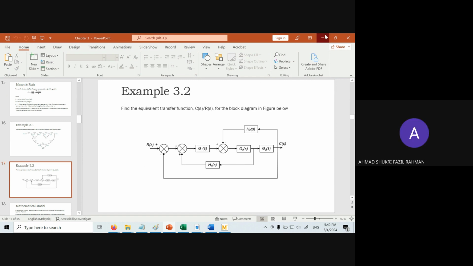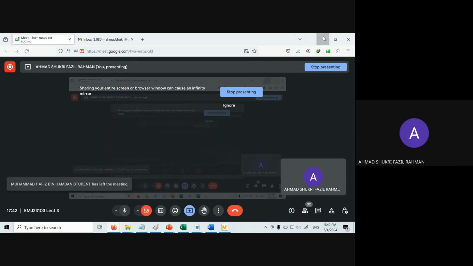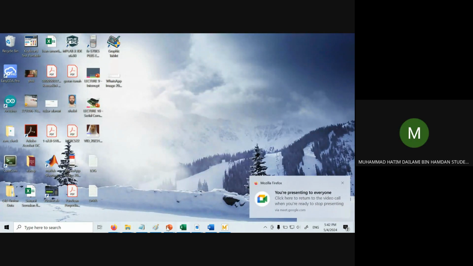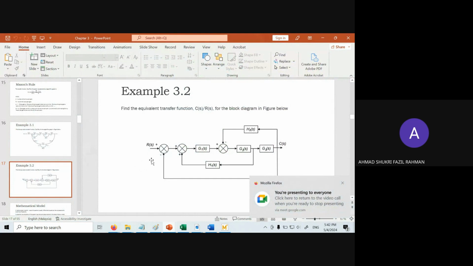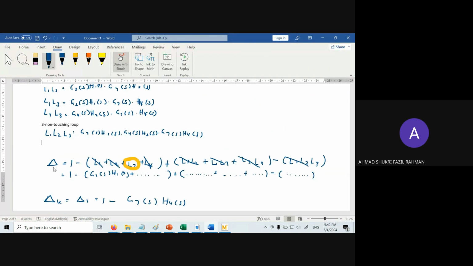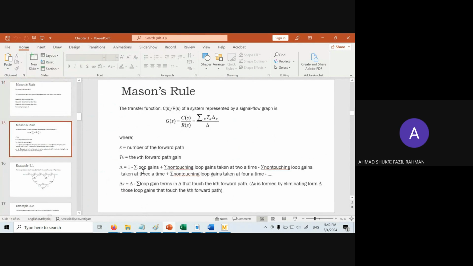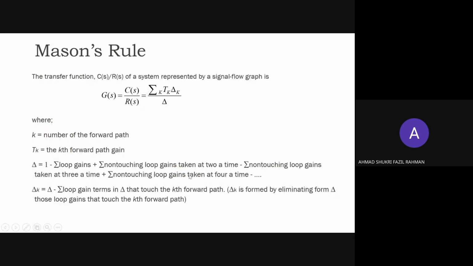Ya. Yang del tu boleh terangkan, yang macam del tu apa? Delta. Yang tiga segi ni. This one is referring to, if you can, so delta is given by this question. Delta diberi oleh persamaan ini.